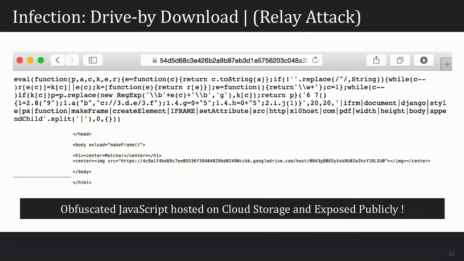So this is an example of what the relay code, which is an obfuscated one, looks like. So this is an eval function. I think you guys have gone through the JavaScript deobfuscation scenarios. You can clearly tell this is a Dean Edwards packer, the basic packer. And once this code runs, you can clearly see what it's going to do: it's going to go back, again, to googledrive.com somewhere. This was an example we used earlier, but there are many cloud apps that can be used for the same set of attacks.